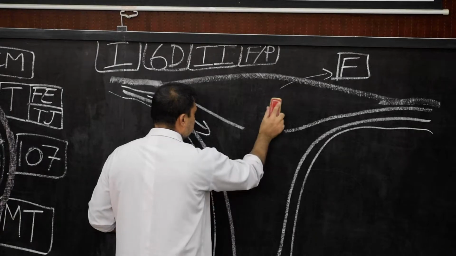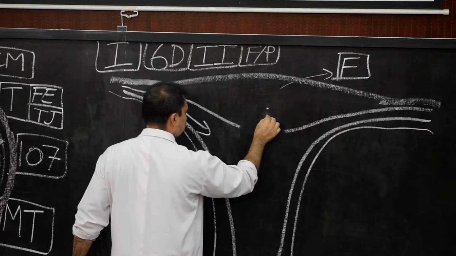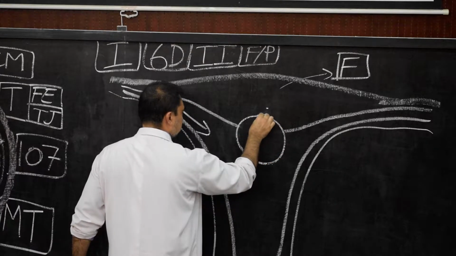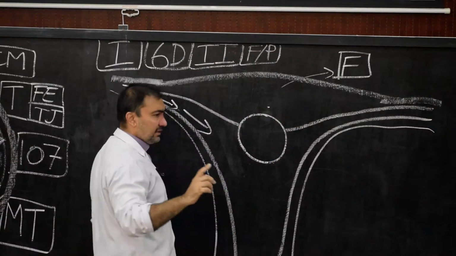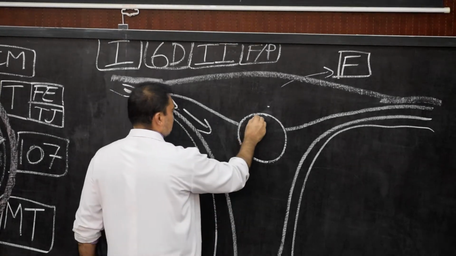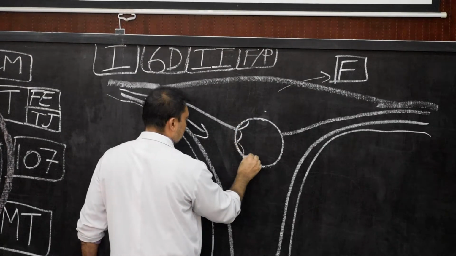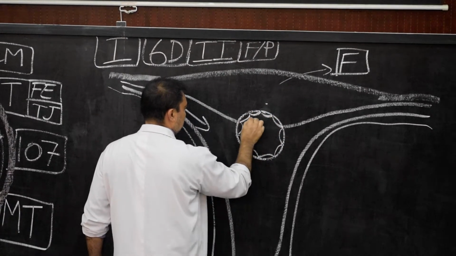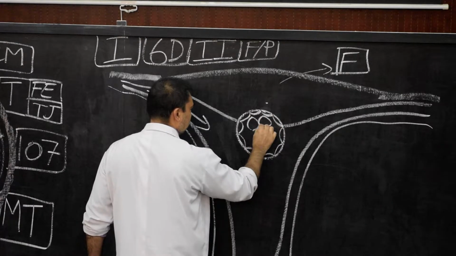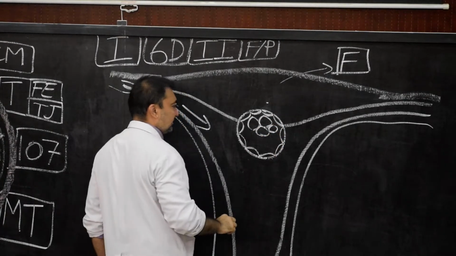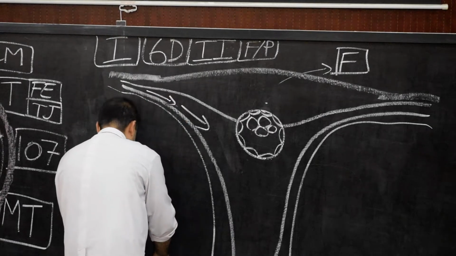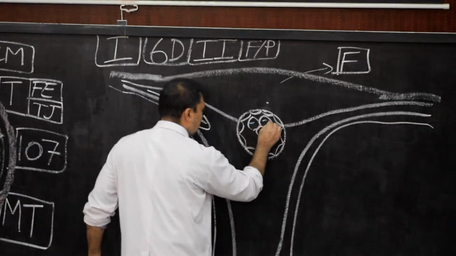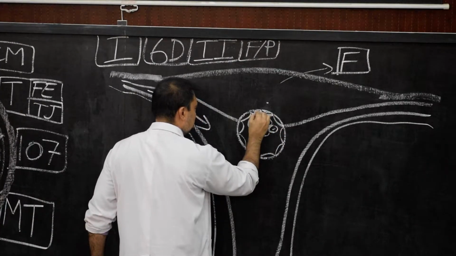So here I will rub this, and we are left with the blastocyst. I am going to show this is the blastocyst. Please draw it, and here we are going to show the cells of the trophoblast. Please note down, these are the cells of the trophoblast, and here we are going to show the cells of the inner cell mass, and slowly we are going to put the nucleus also.